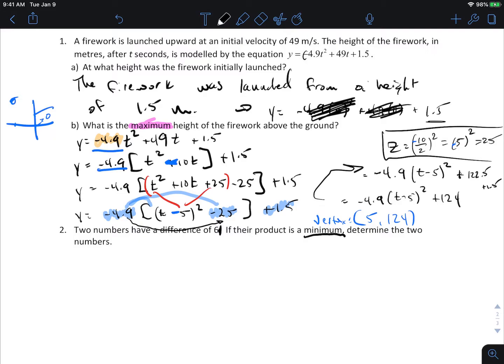Okay, so I know I'm doing something. I see the word minimum, or I could see the word maximum. I want to figure out what the two numbers are, right? Well, if I say let x represent one number, like we could say the first number, then the second one is going to have a difference of 6, right? So then we could say, okay, well the second, by deduction,